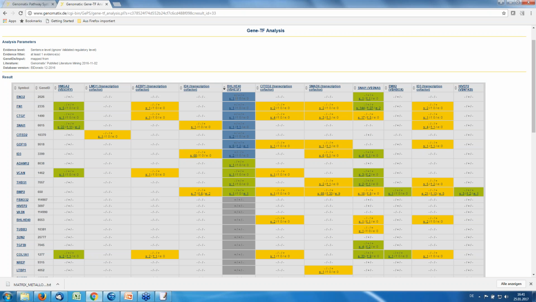for example, symbolized here by the first plus sign that we have. We have an in silico binding site match here symbolized by the second plus sign, and we have a co-citation symbolized by the third plus sign that we have here. And it also tells you for the co-citations how many co-citations we have on each level. So here we have 1 co-citation on sentence level, or for this interaction here with GDF15 we have 6 co-citations on sentence level, we have 2 co-citations on function word level, and we have 1 co-citation on expert level,